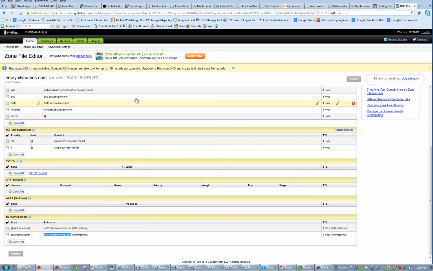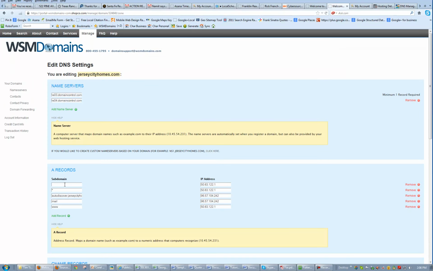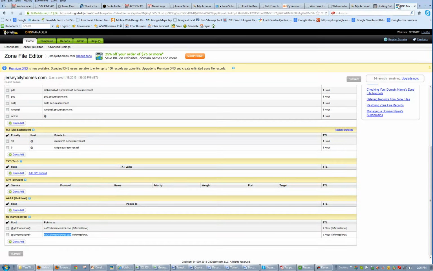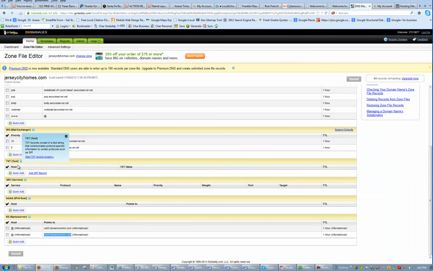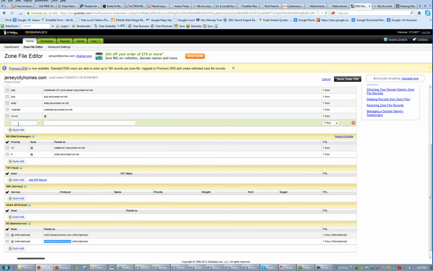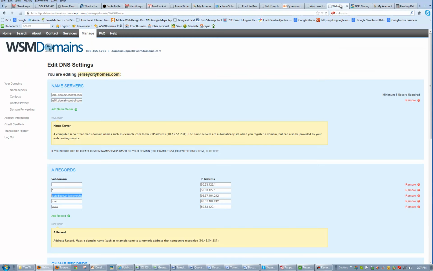So starting with the A records. We have a blank one that goes here. We're going to leave that. We have this A record right here, which is important, autodiscover.jerseycityhomes, and we want to make sure we set that up. So this is, remember, an A record. So you go to the DNS manager, and you're going to go ahead and go to your A records, and you're going to add it here. And you're going to set it up to go to the same